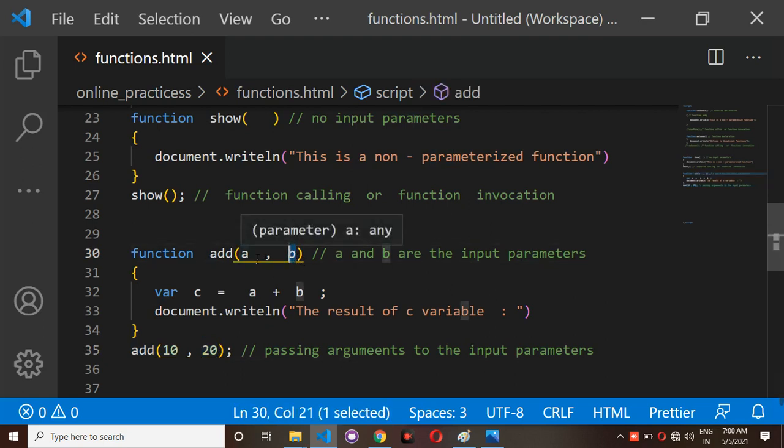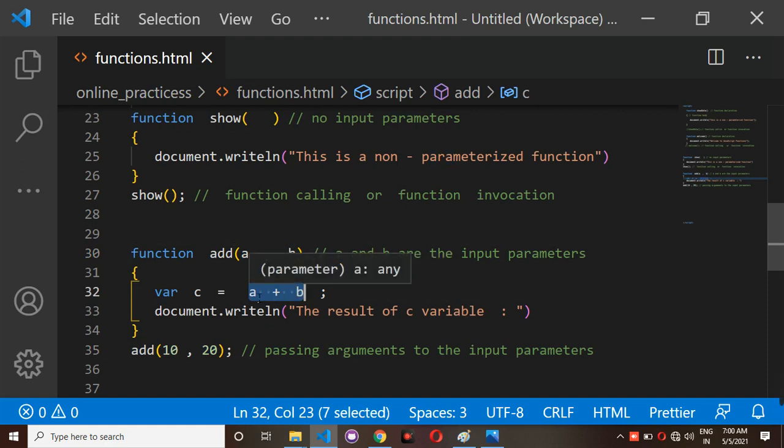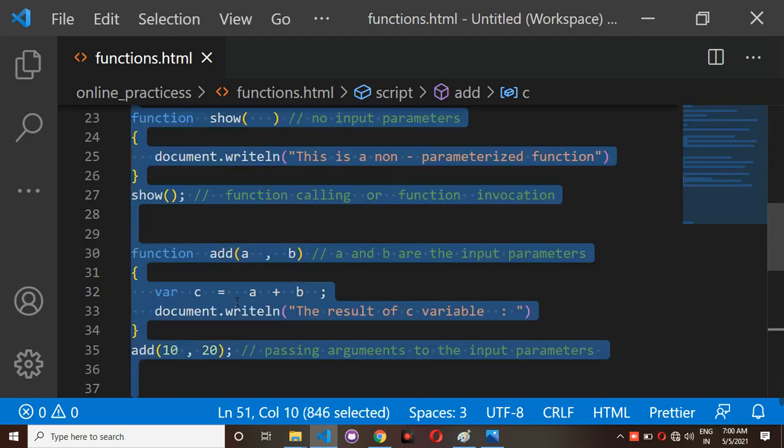And now inside a you have 10 and inside b you have 20. Now you are doing the addition operation. a plus b means the a value I passed, 10, and the b value I passed, 20, and a plus b is equal to 30, and that value is assigned to c. And if you observe here,